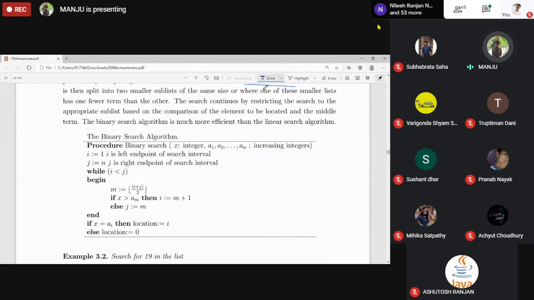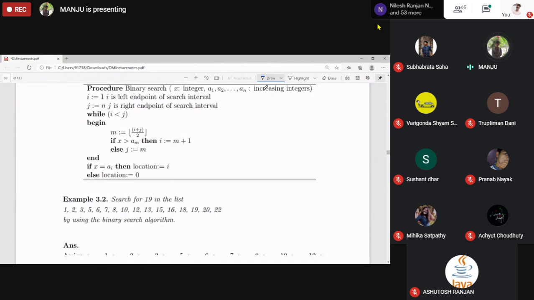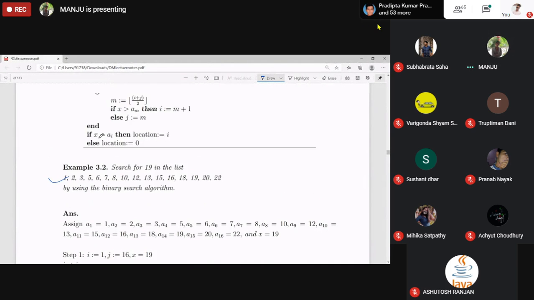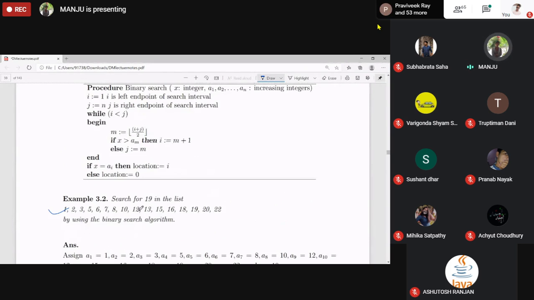Okay, so here, just try this question. Here, first check whether the list is in increasing order, that is ascending order or not. If yes, then assign a1, a2, a3 and so on up to however many elements there are.